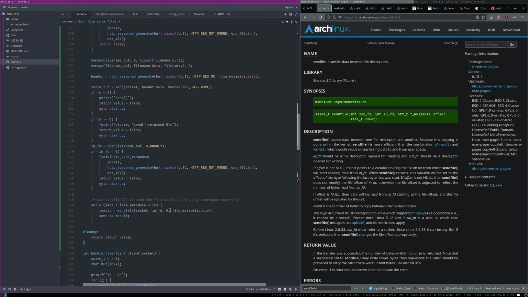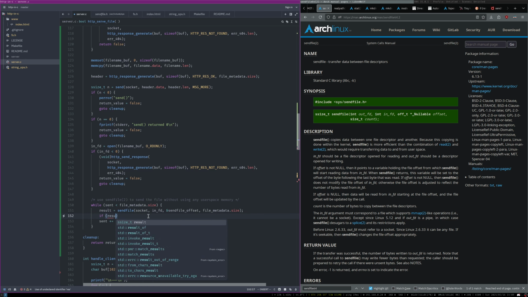Because the way that it works is it will write in there where it stopped, and then you can get it back and just reuse it here, and it'll use it to figure out where to start again. And of course, send plus equals result until we actually get there. And of course, if result is less than 0,